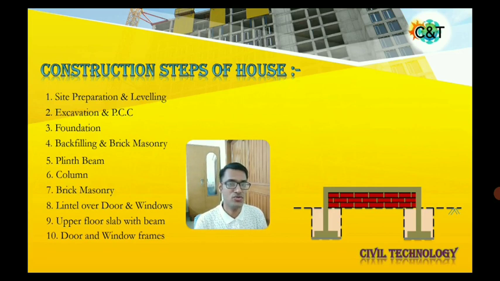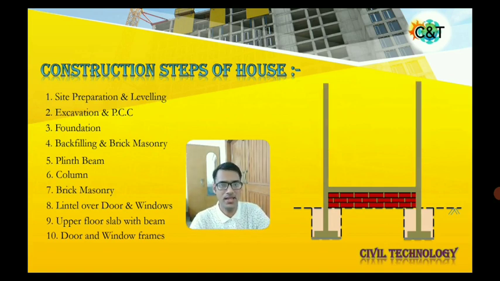So here two different scenarios come. A few contractors are comfortable extending the column first to the first floor level, and a few contractors are comfortable extending the brick masonry wall to the first floor level. So both methods are correct. There is no issue with either method. You will go with any one. So here I am going with the extension of the column first. So let's extend the column first and then we will extend the brick masonry.